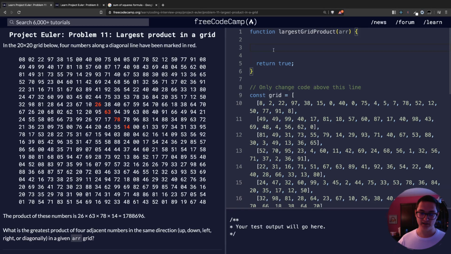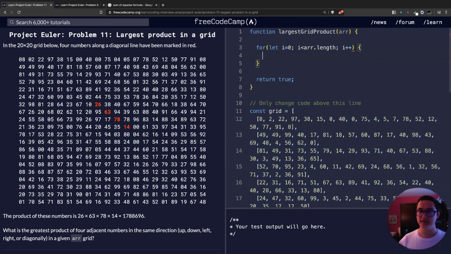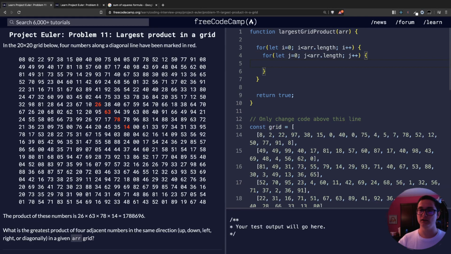So we need to think. Basically, we're going to have a loop. Let i equals 0, i less than array.length, i plus plus. This will go on a column, and then let j equals 0, j less than array.length, j plus plus. This will go from left to right, right? Right, good. So here we can go to the right by checking